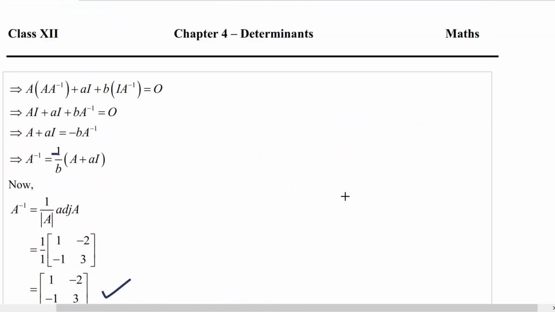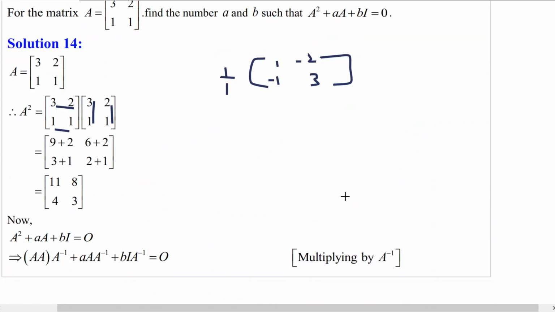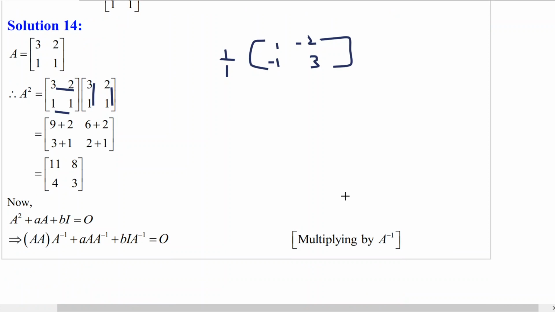Right. Okay, there is a simpler method also. I know you must be thinking there is a simple method also. You need not do all these things, finding A inverse and all. Simply you can solve it like this. A square is 11, 8, 4, 3. Okay, A square. And A into A, meaning small a into the matrix, will be 3A, 2A, 1 into A, 1 into A,